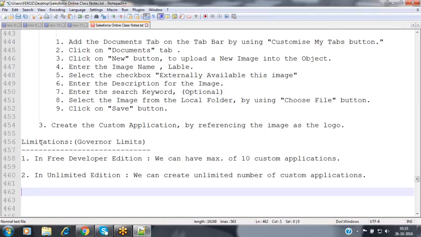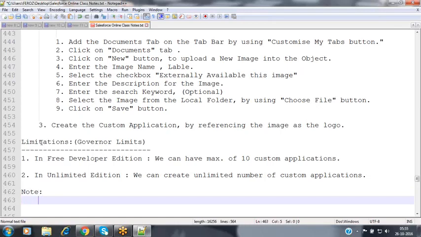Now, one more note point here. Whenever you are creating a custom application, you are going to select a logo also, nothing but the image which you are going to make as the logo for your application. So what will be the size of that particular image? Can I use a 2 MB image or 3 MB image, or do we have any limitation? For that we do have a limitation.